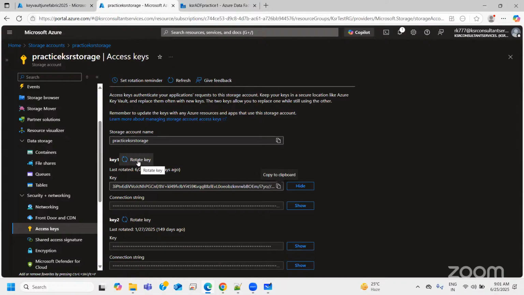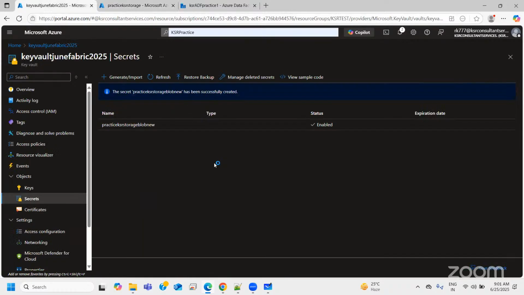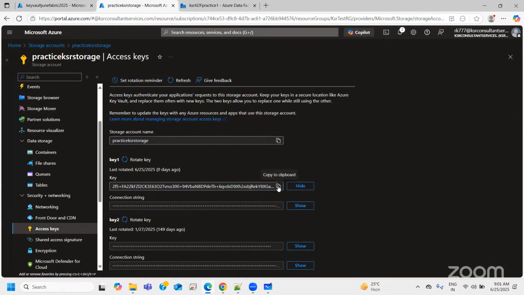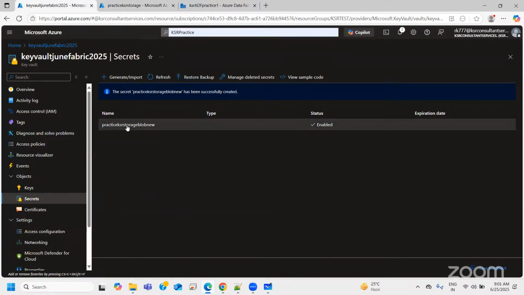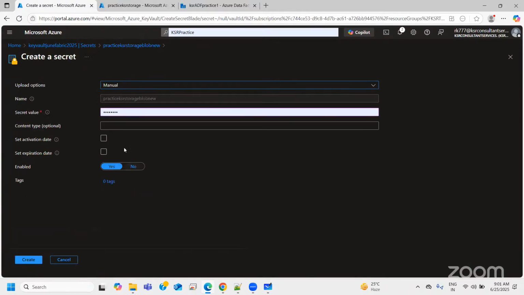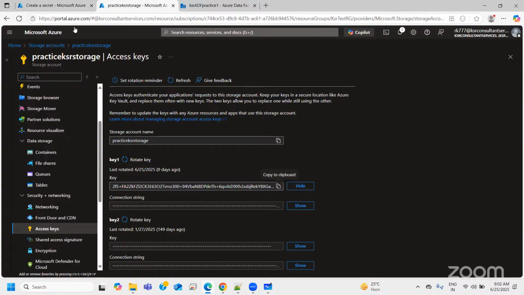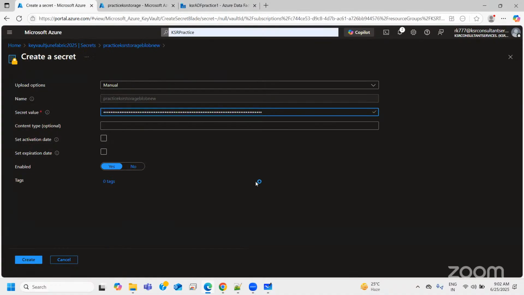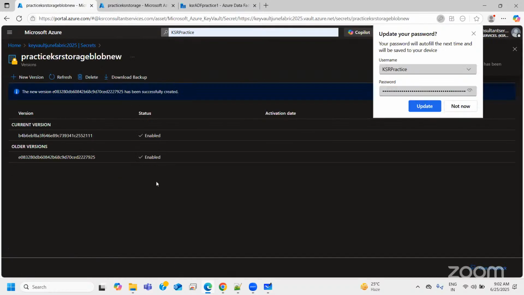Again, I'll go back and rotate this key. Immediately, I'll rotate this key. Right. Now the key is rotated, but this secret is holding an older key. So what I'll do, I'll copy this new key, go to this secret, and create a new version. A new version will store that latest value. Is it correct? Let me verify. Again, recopy it to the clipboard and let me upload this here. Right? Let me create this. So the new version is the current version, and the older version is the older one. Now, if I test it,